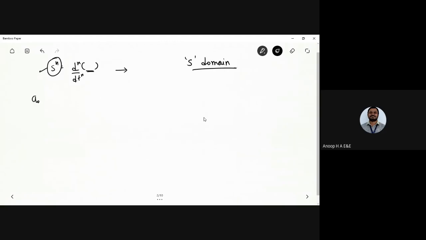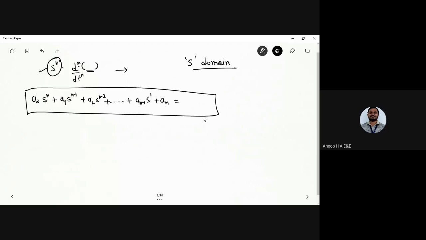So I can write it as a0 s^n. The power n is nothing but the number of times it is being differentiated, right? So a0 s^n plus a1 s^(n-1) plus a2 s^(n-2) and so on. Then definitely plus a(n-1) s^1, plus an, that would be equal to